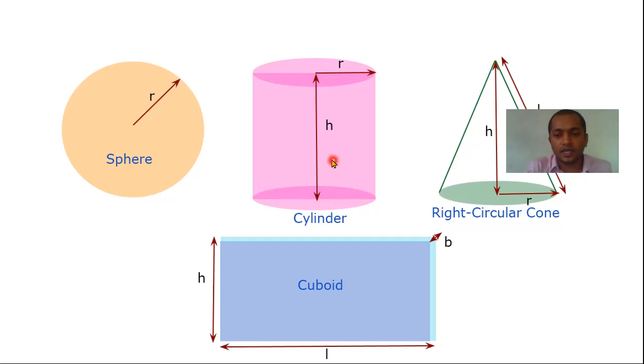Surface area, but I don't think it needs to be explained. It's very clear: area of the surface. And for a can, you need to visualize in your mind that a can is always in a cylindrical shape. So basically, you have to decode the whole situation into mathematical terms, and when you decode it, you will get to know that you have to find the surface area of a cylinder.